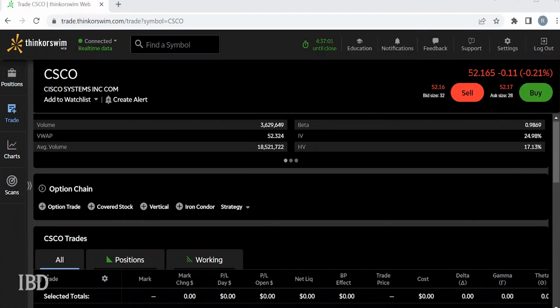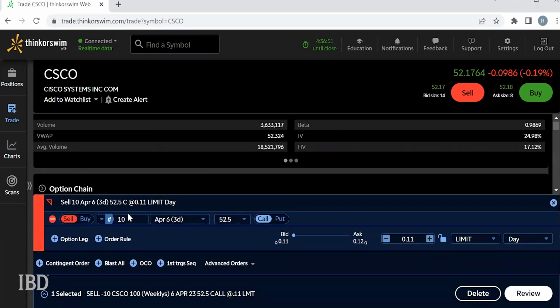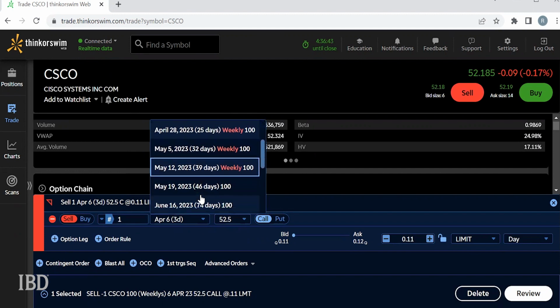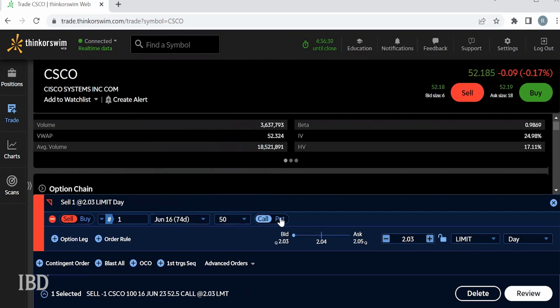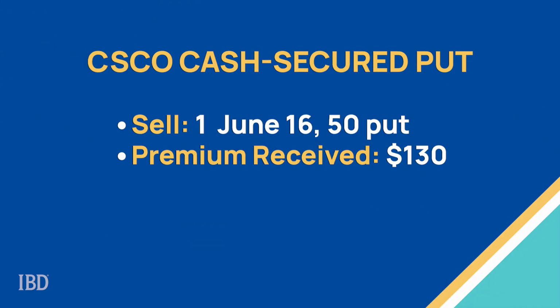So with Cisco trading around $52 a share, investors can consider selling a June 16th expiring put with a 50 strike. With Cisco trading around $52 a share, investors can consider selling a June expiring put with the strike price of $50 for around $1.30. An investor selling this put would receive $130 into their account, which would be theirs to